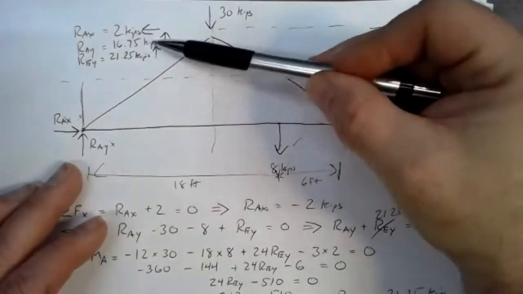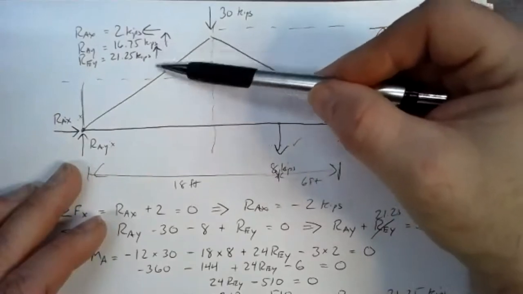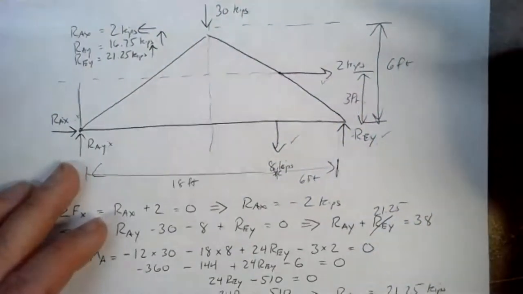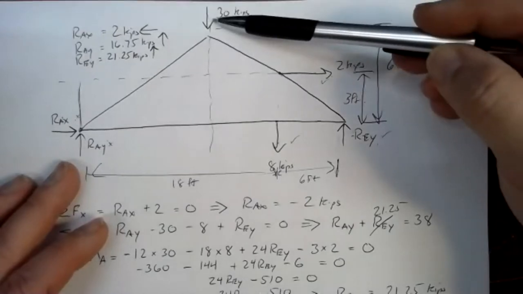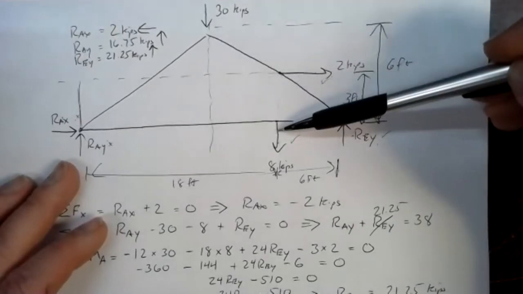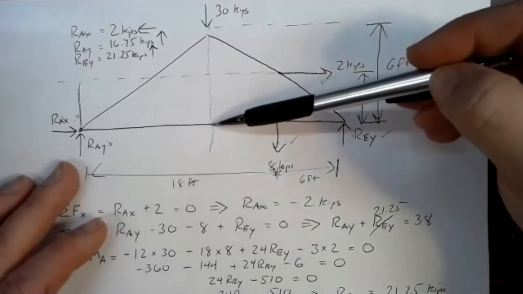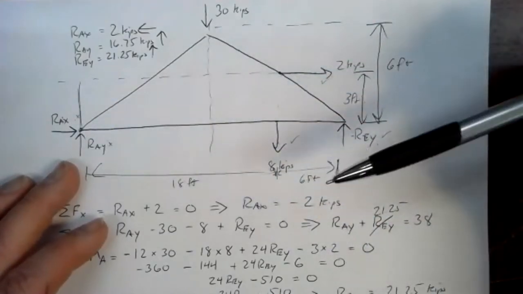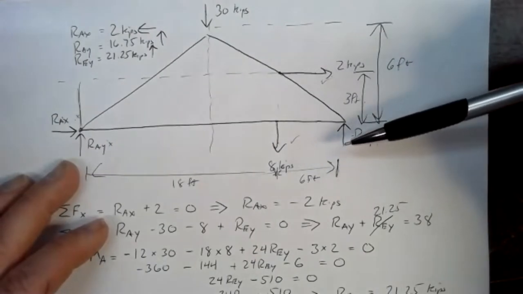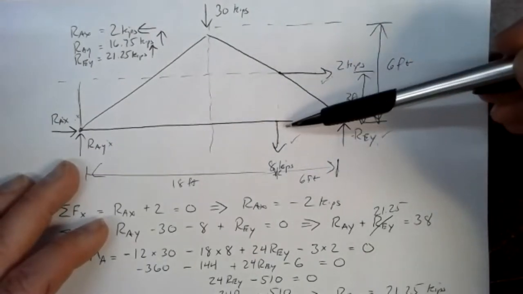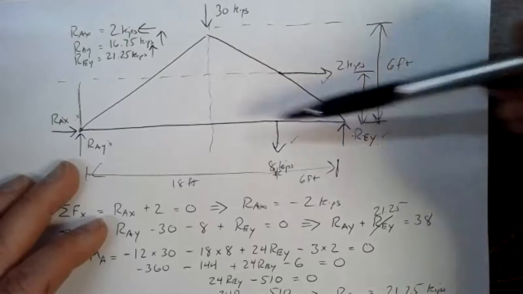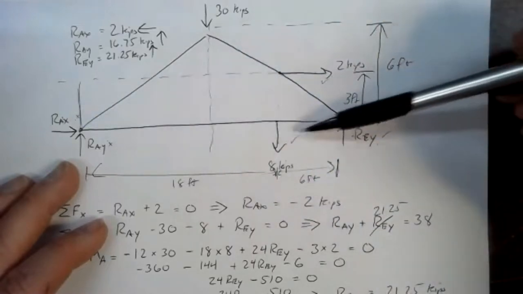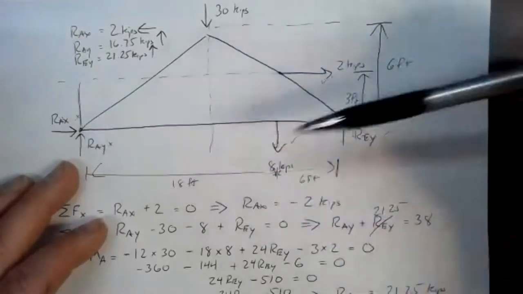So that we have something bigger than 15 kips of force here is a good sign for each of our answers. The 8 kip force is going to add to that. Now, if the 8 kip force were dead in the middle, then that would add 4 kips to both sides, and we'd have 19 kips on both sides. But it's more toward the right. It's more toward E than it is A. So more of that 8 kip sits on E than it does on A.